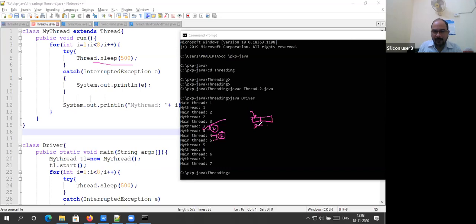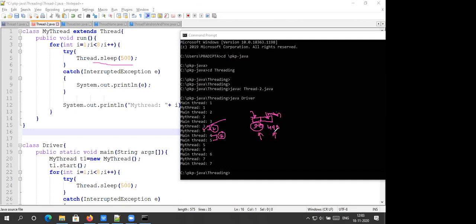Suppose in this 500 milliseconds the other thread already went to sleep just 5 milliseconds before, so it is sleeping with 498 remaining. The sleeping time may be something like this. Does this type of scenario occur? Yes, sir.